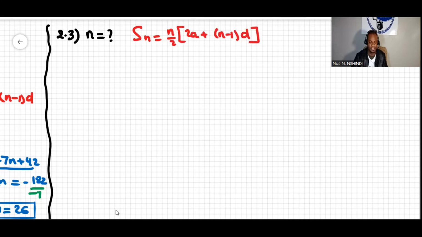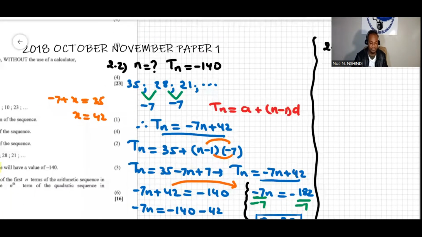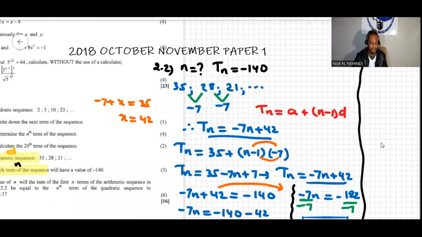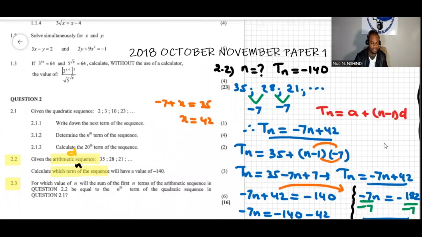This is Sn. And in the previous video, we also found Tn for the quadratic sequence over here. We found that Tn was equal to 3n squared minus 8n minus